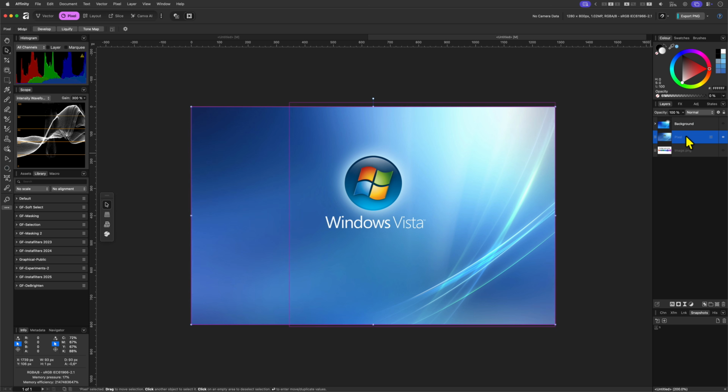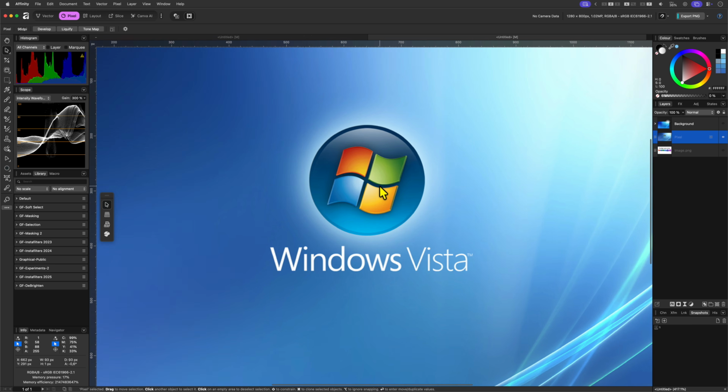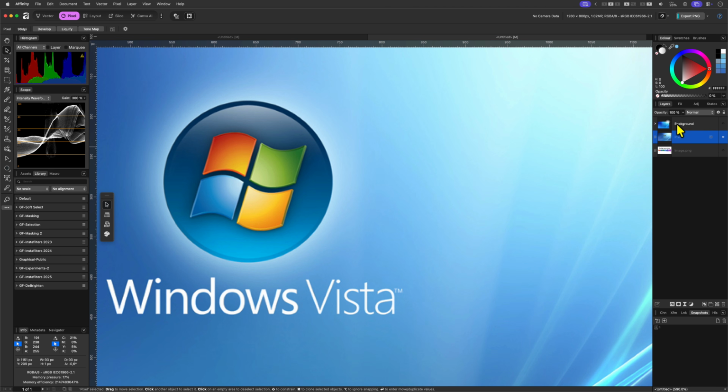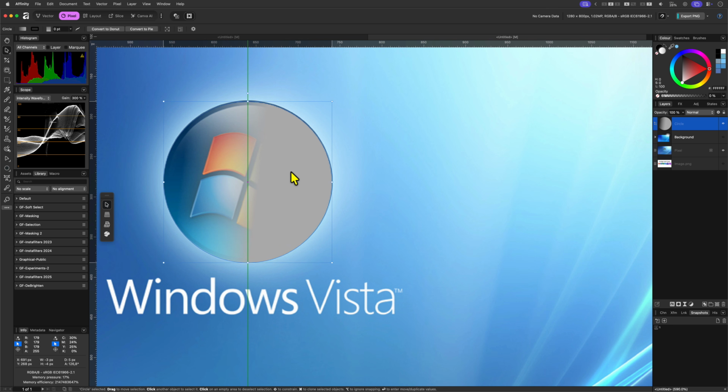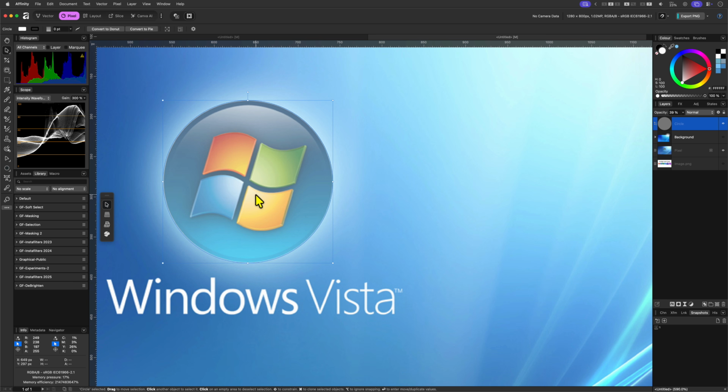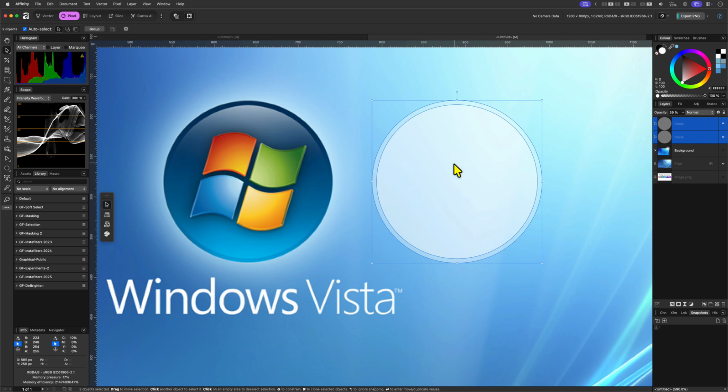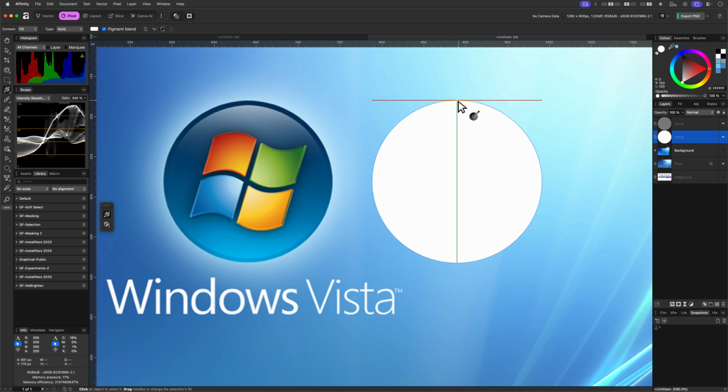Time to create the window logo icon. I'm going to add 2 circles. The bigger bottom circle will act as the border and the smaller circle on top will be the content, so that I can recreate the shiny effect. For the border circle, you can see that this goes from dark blue to a lighter cyan blue. So with the bottom circle selected, I can